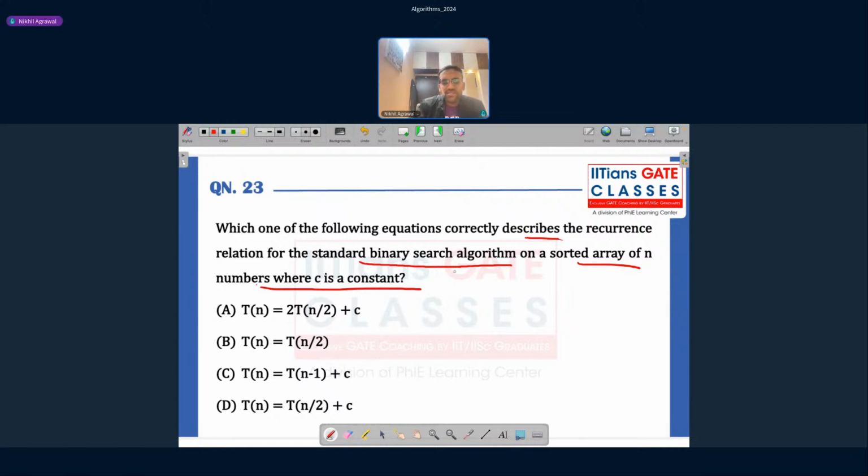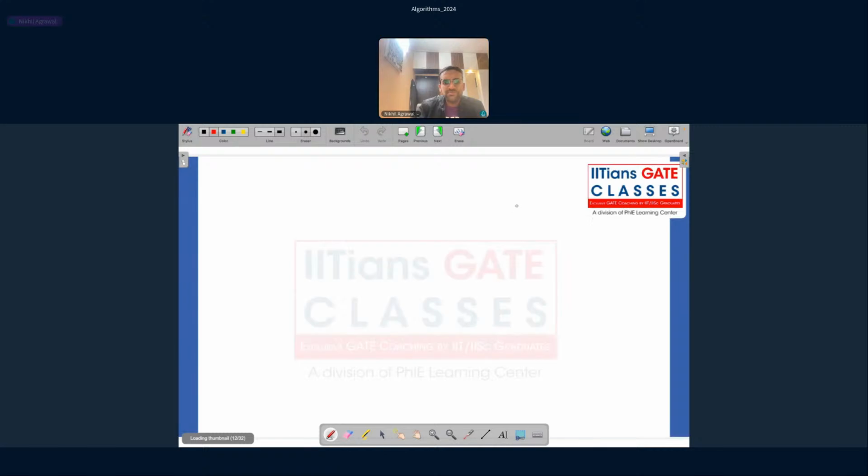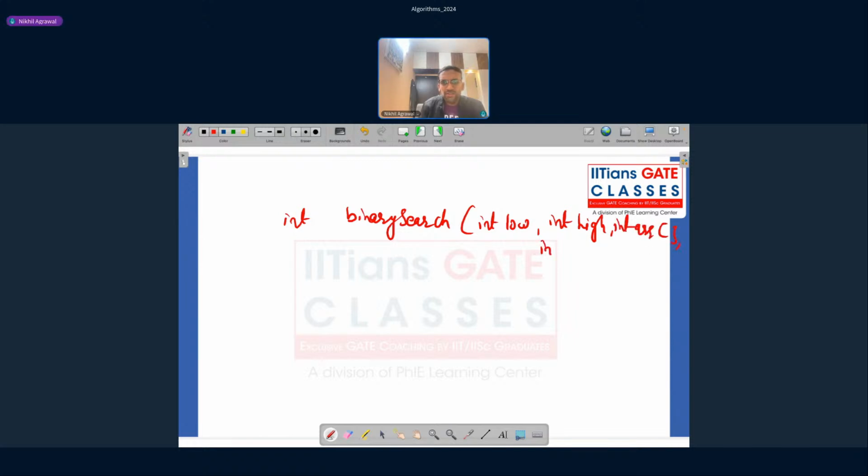See, let's try to write the algorithm for binary search. See, this is binary search, okay? So here what will be happening? We'll be having a low element, we will be having a high element, then let's say we are having an array, then we are having a target element. Okay, now what will be happening is the following. Okay, so what we'll do,